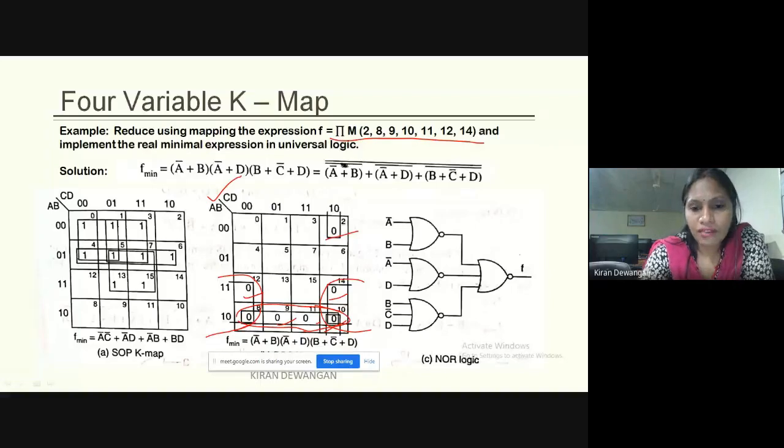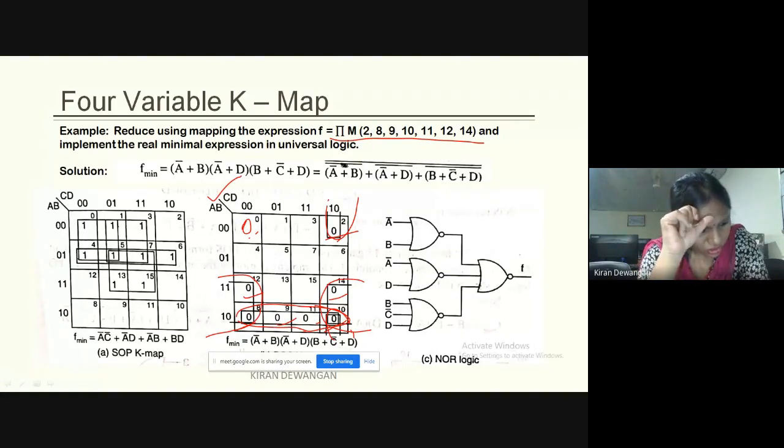Now we are left with this particular max term. So what we'll do? We'll form a pair. ये एक pair formation करेगा. ठीक है? अगर यहाँ पर होता तो क्या हो जाता? What if we have a max term here also? Then it would have been converted to a quad. Correct. Quad बन जाता. तो हमारे 3 quad हो जाते. लेकिन हमारा ये नहीं है. ठीक है? So we are having 2 quads and 1 pair.